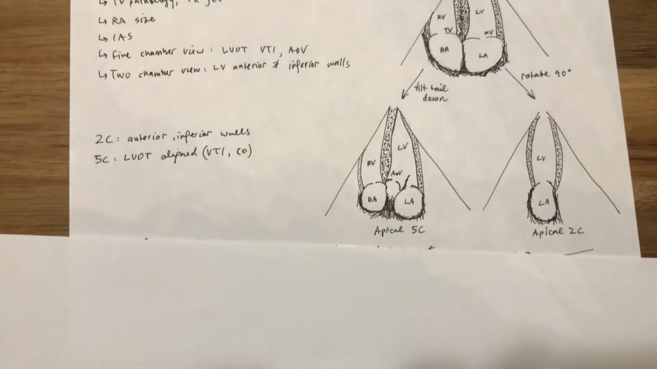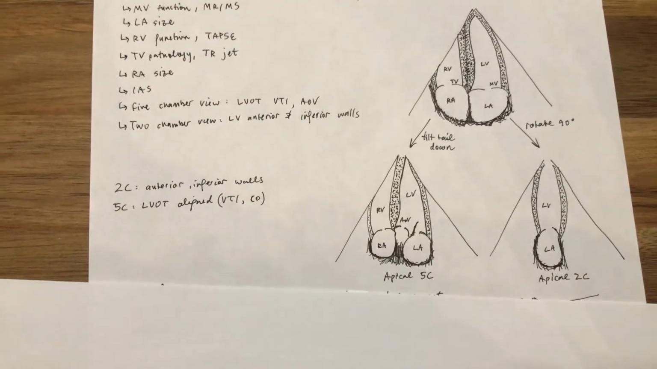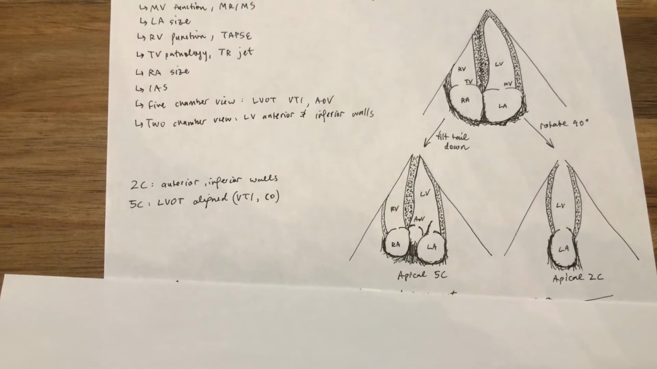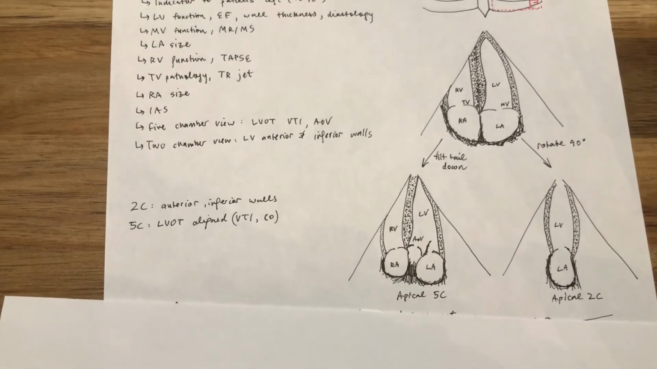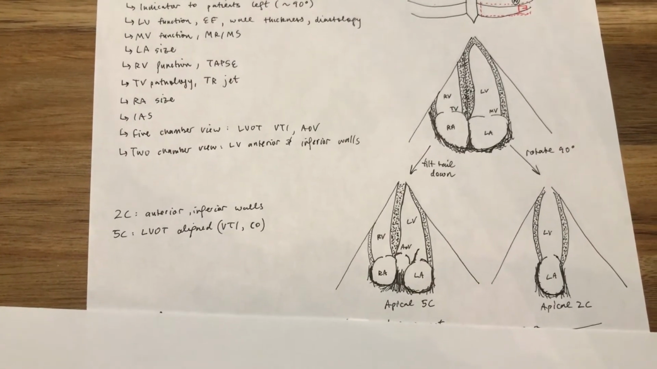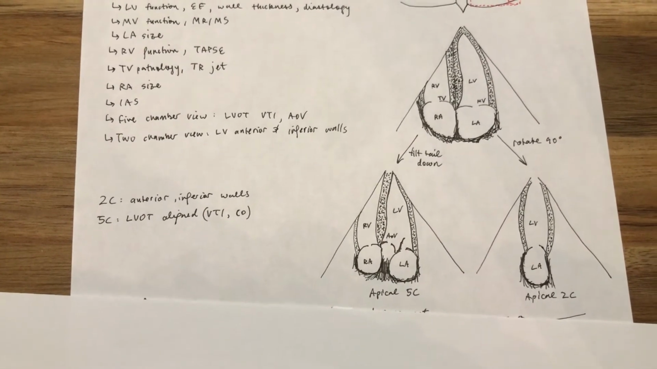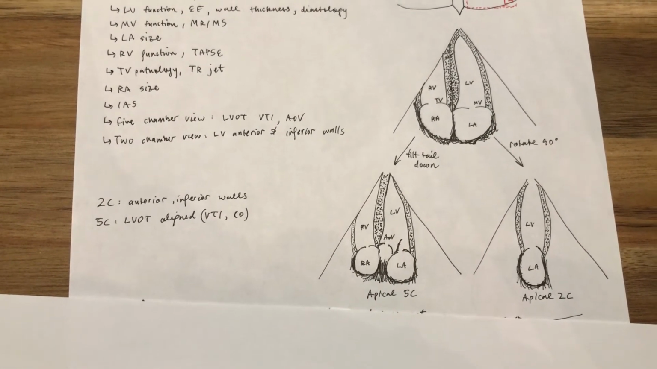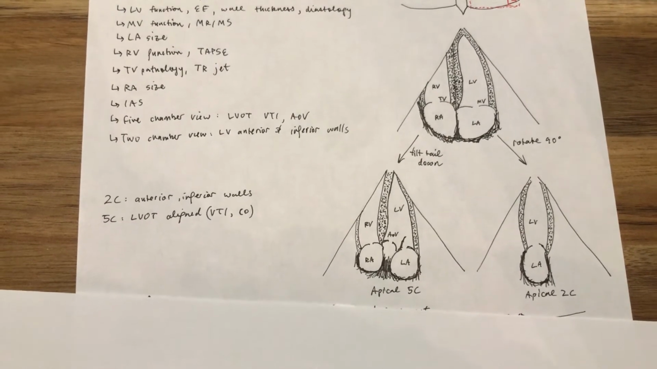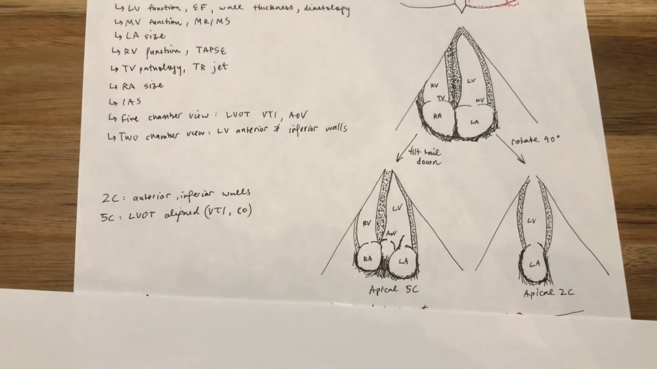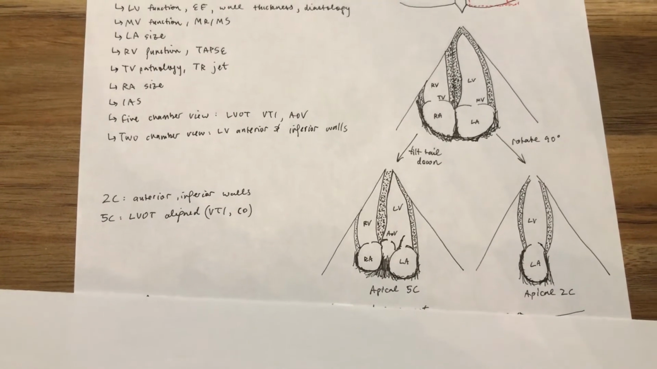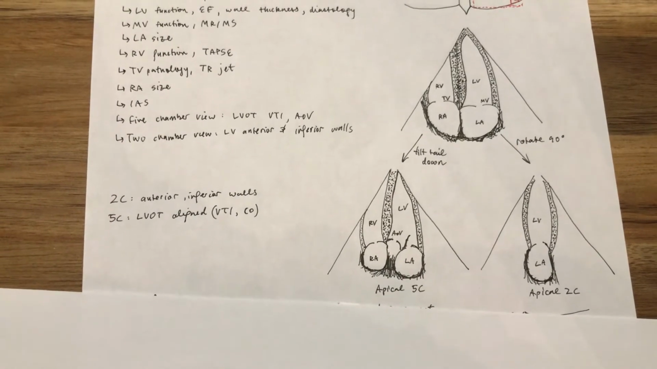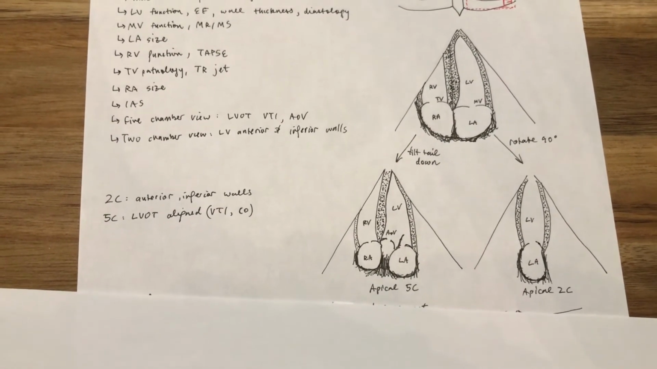is the apical 5 chamber, and you get that view by moving the tail of the probe down. So you're gonna look up with the probe, and the 5th chamber is the left ventricular outflow tract. This is useful because the LVOT lines up with the ultrasound beam, and you can measure a VTI of the LVOT, and you can also see if the aortic valve opens,